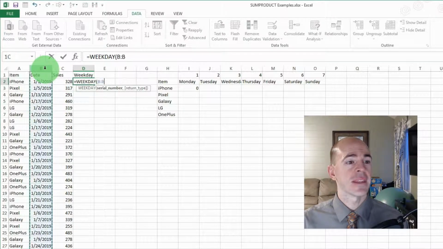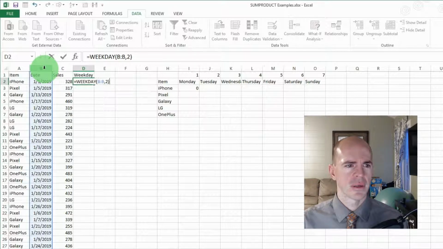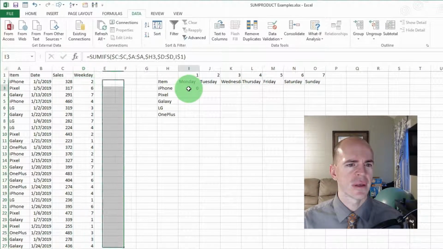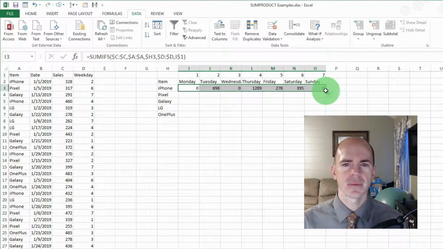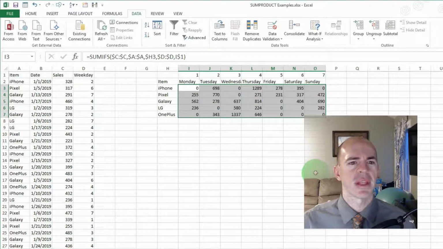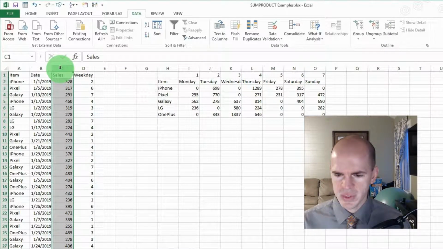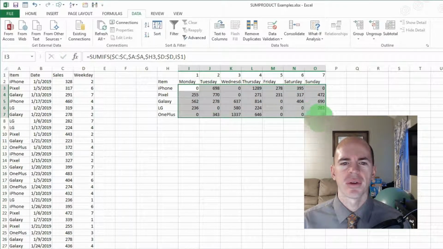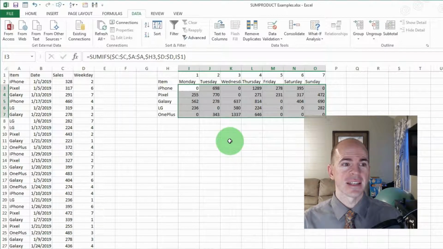So weekday of the date, comma 2, have this formula go all the way down, and now when we drag this across, we should get some values populated. There we go. So the sales here, which is 12,009, should equal the same, if we sum that up, 12,009. Good. So this is the SumIfs,